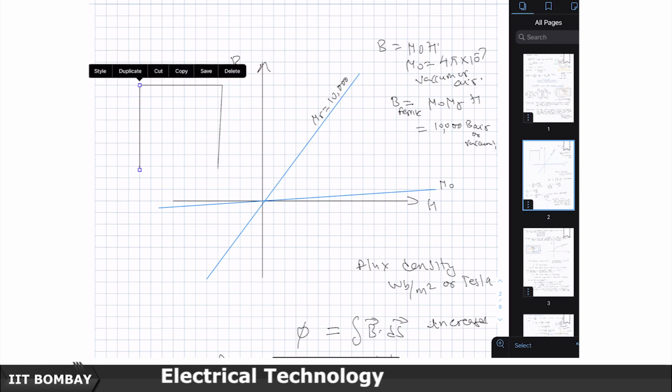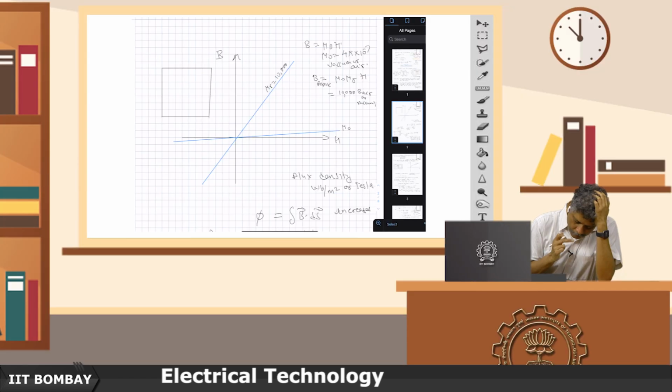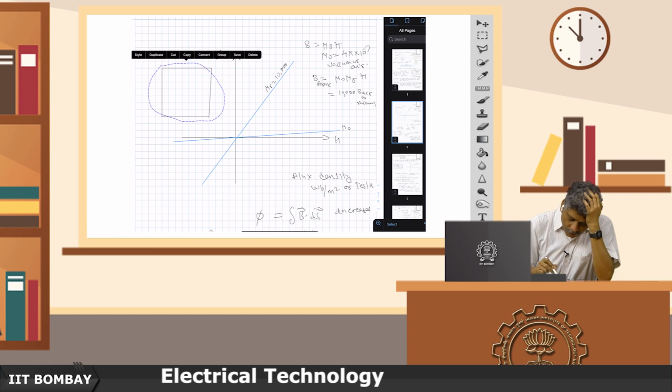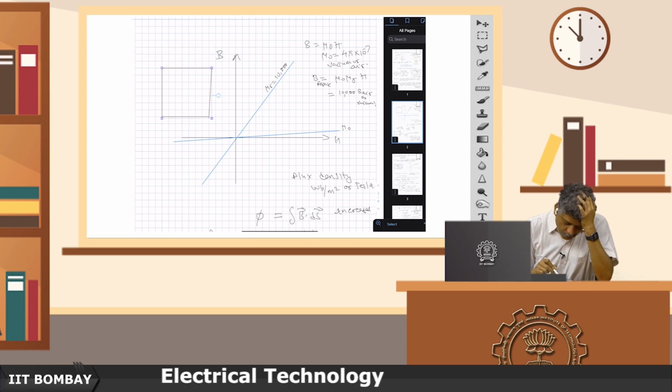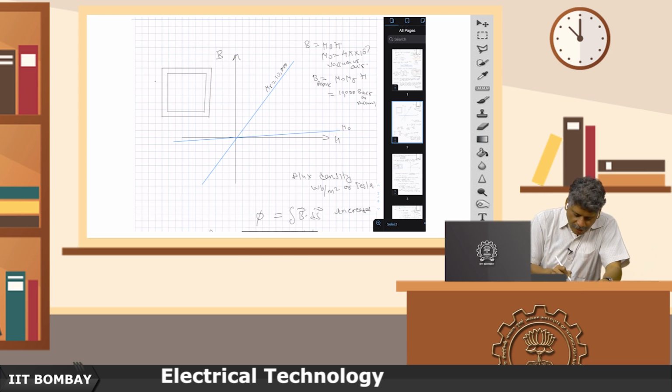Let us say that I had a circuit like this. Let me group it, and duplicate it and make it a bit shorter, and let me keep it here. Okay. So, what I have got here is, let us say an iron core like this, and I wind turns